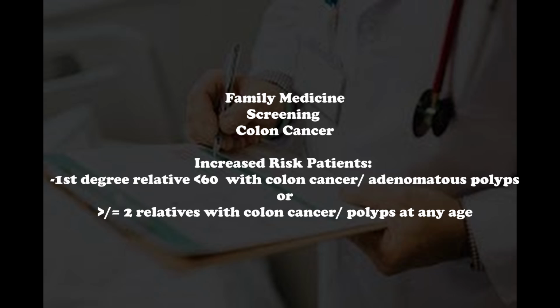Now, there are patients at increased risk. So these patients are people with a first-degree relative at the age of less than 60 with colon cancer or adenomatous polyps, and this also includes more than or equal to 2 first-degree relatives with colon cancer or adenomatous polyps